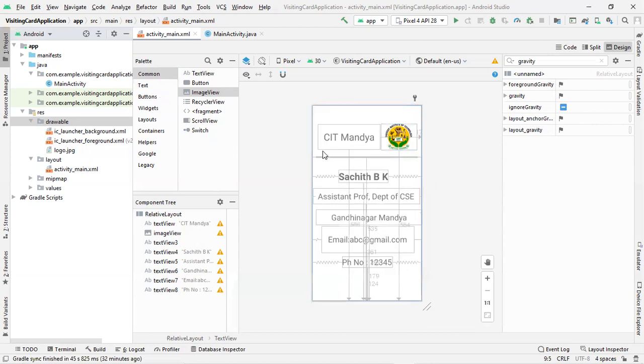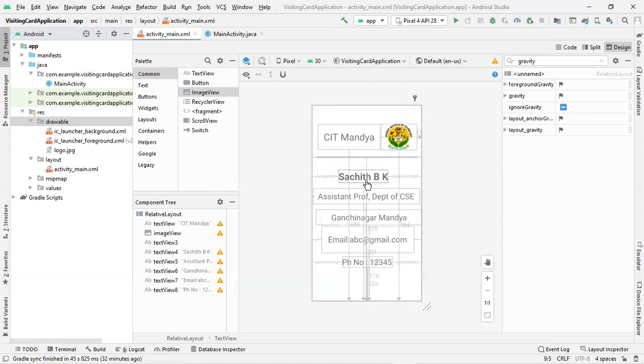So for that, we are drawing a text view. Then we are reducing the size of it, you need to delete the text inside that text view. You are reducing the height of that particular text view to 4 dp. Then you are changing the color of the particular text view. This will draw a dark gray line which separates your employee details from the company details.